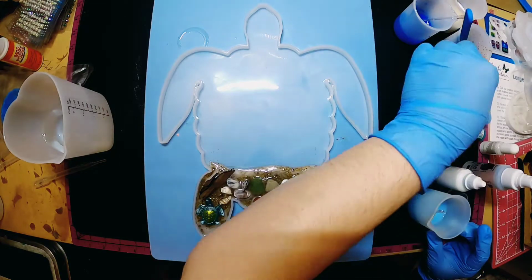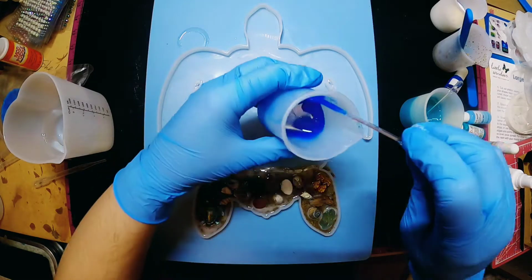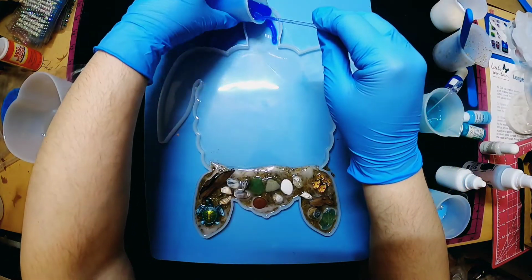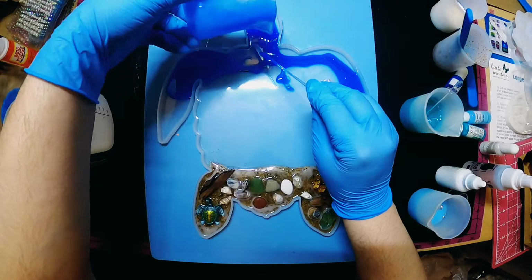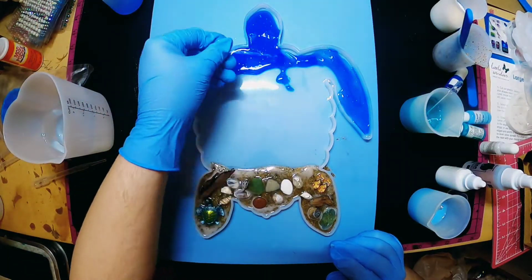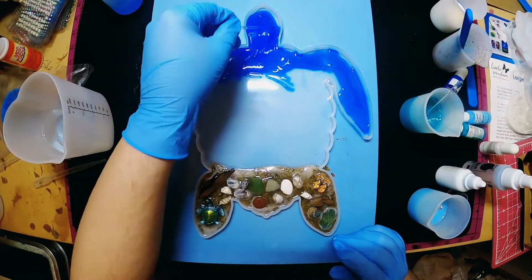Okay, here's the exciting part. I just took dark blue and put it on the top. I wanted to start with the darker colors and get lighter towards the bottom. And looking back on this, I should have made more of the dark blue, just in case some of the other colors were to kind of take over, which